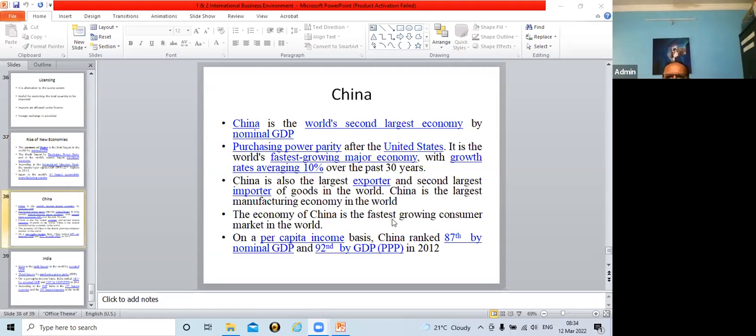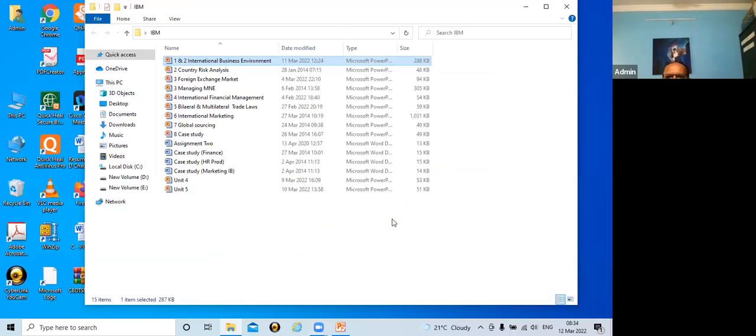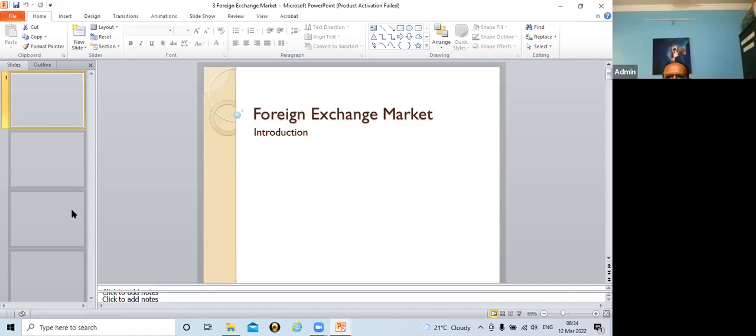Now, unit number 3, that is the foreign exchange market. This is the structure of the foreign exchange market. Basically, it is divided into four areas: retail market, wholesale market, primary, and